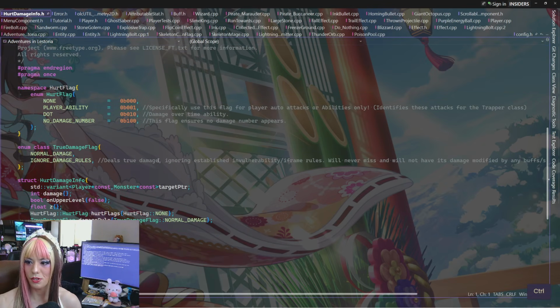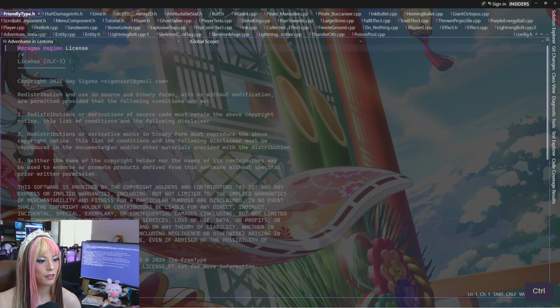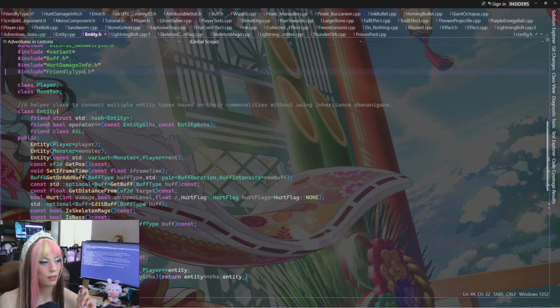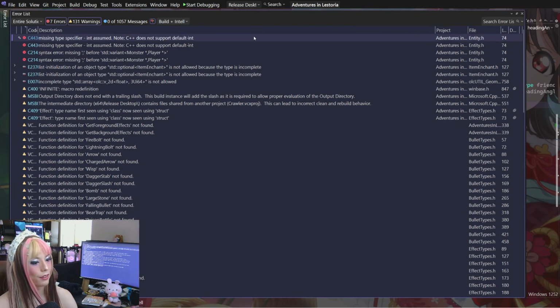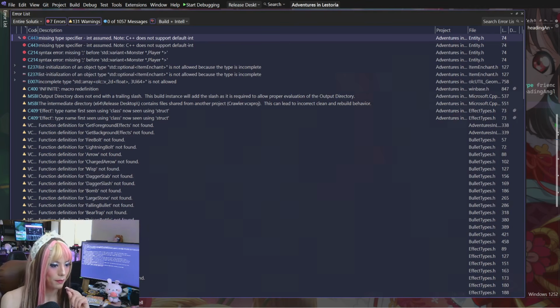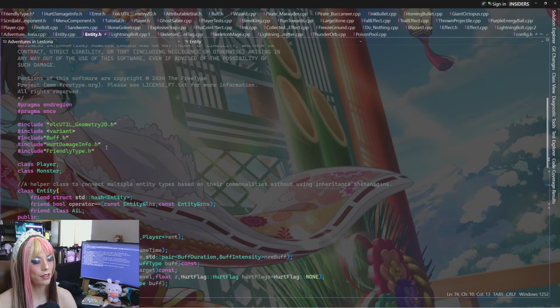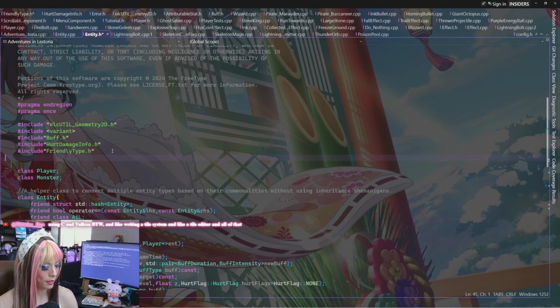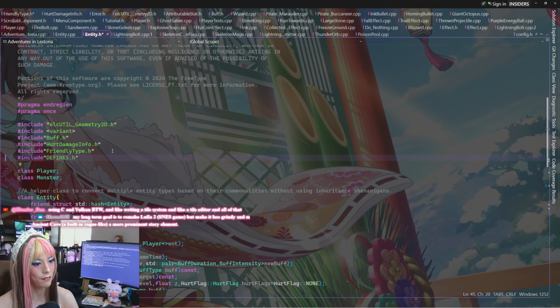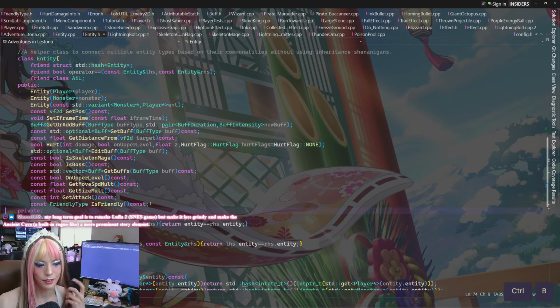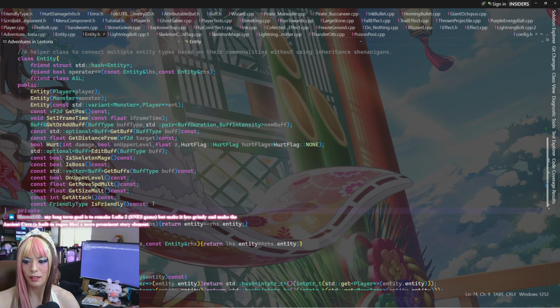Literally just structs and enums. Friendly type is an enum. Weird. Missing type specifier. Like, is it the mutable const? Mutable const is defined in defines. I guess I should include defines. Don't think I saw defines, but I also don't think it... Like, I don't know. I feel like that would be the only other thing.